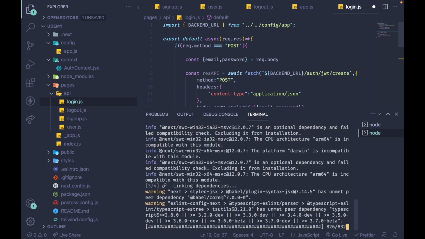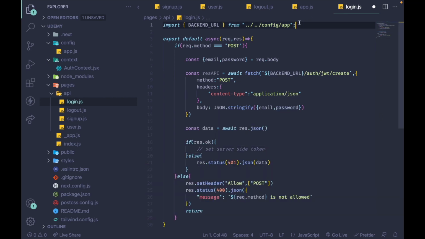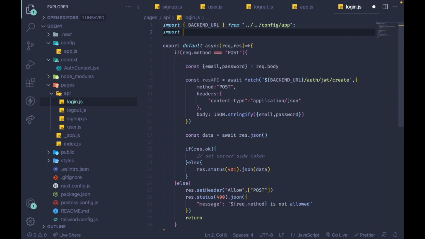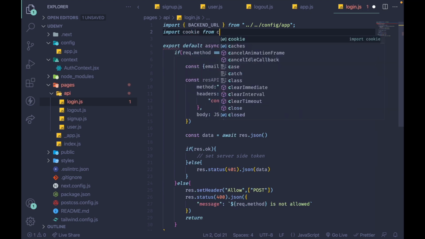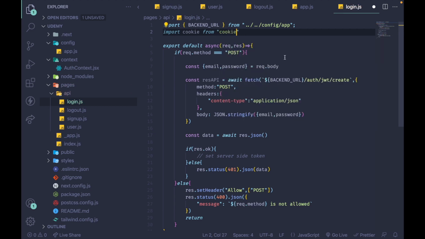Okay, so let's wait for it to be added quickly. It is done. That's fast. So first you are going to import cookie from cookie. This way, when we have the tokens from here, we are going to set the